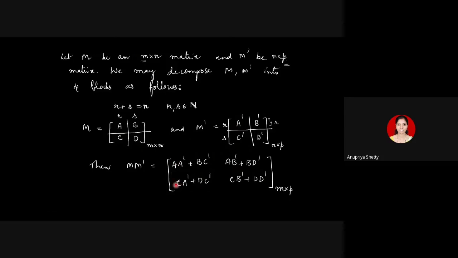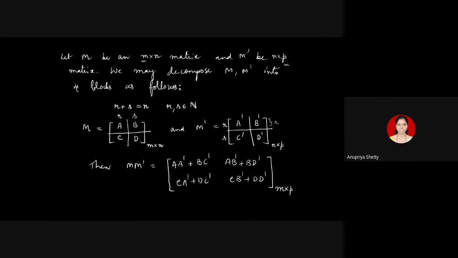Just see the order, whether it is M itself. Just check it out. The first block will have exactly how many rows? That depends on after how many rows I have made the decomposition. Here you have A and C. Just to cross-check that this product, which we got by using block multiplication, is also of order M by P. The number of rows here is the same as the number of rows in A, right? Because there A comes in.